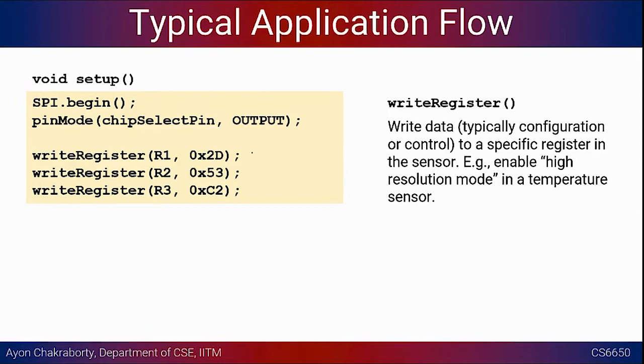And then there is a certain set of register writes, which are typically for configuration or control. So we are trying to write some data through the SPI bus to the device one time, and often these are used for tweaking certain configurations or changes inside how you are going to read that data, or whether you are using a particular feature inside the sensor or not. That is how it is achieved.